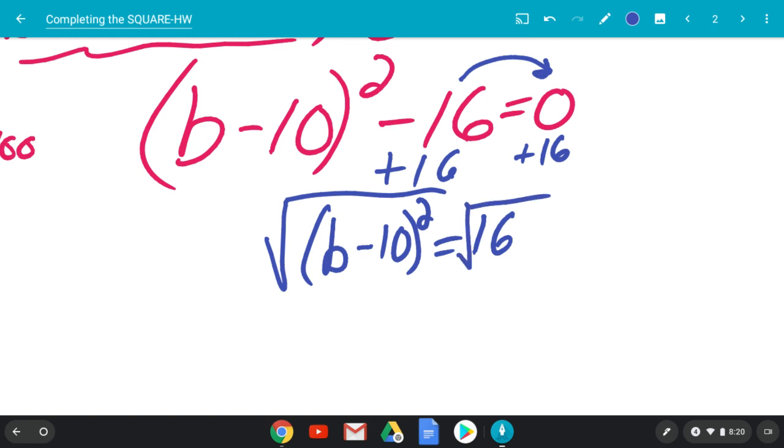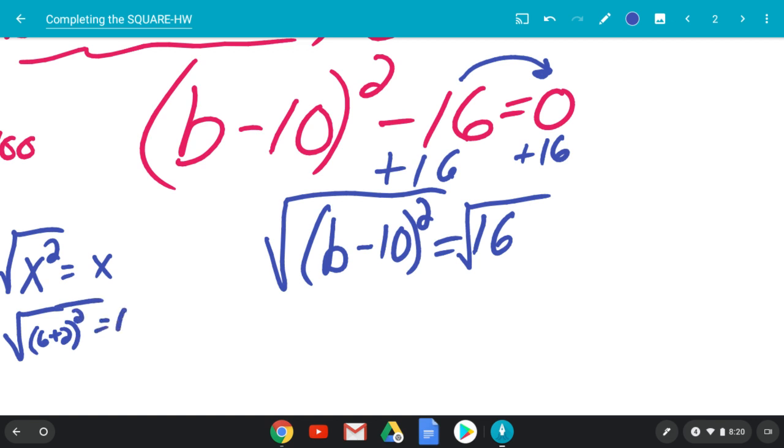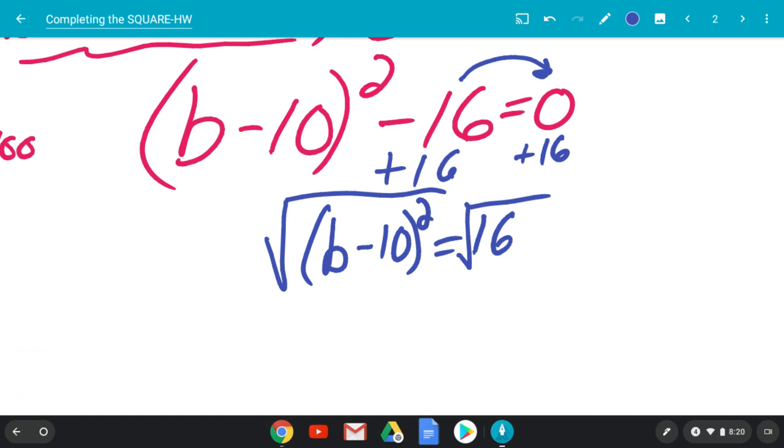Okay. Now, time out. What's the square root of x squared? X. What's the square root of 6 plus 2 squared? 6 plus 2. Anytime you take the square root of something that's squared, you get the something underneath. Does that make sense? Okay. So when I take the square root on the left here, I end up with b minus 10. And when I take the square root of 16,